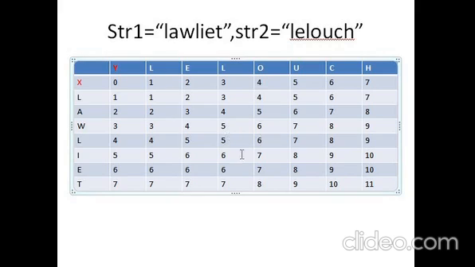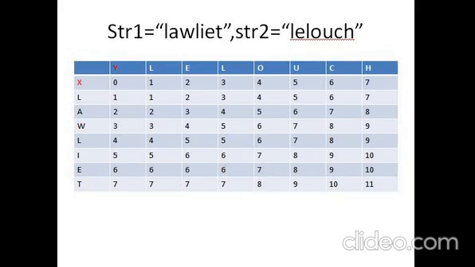So similarly for the rest of the things, and I'll just explain this. 1, 2, 3, 4 since it's matching, 5 and 6, E and E are matching, right? So 6. So I think you got the hang of it. So I'll explain. This is the first method, and I know it's quite exhausting. I'll explain why I told you this later.